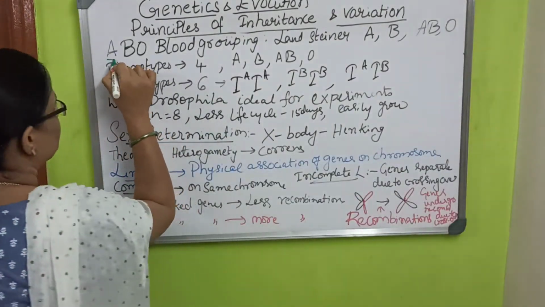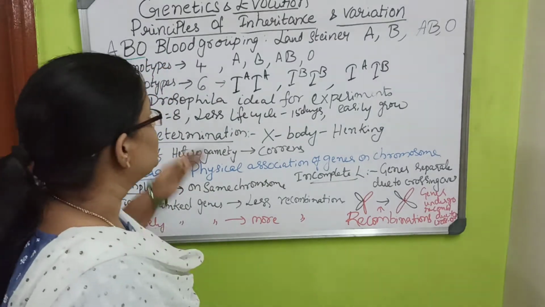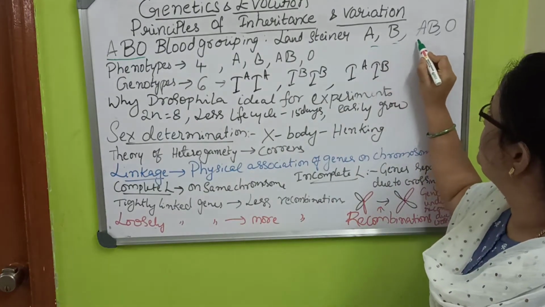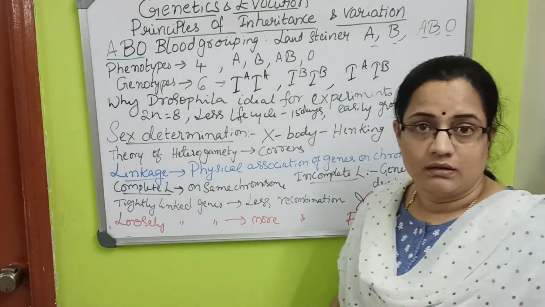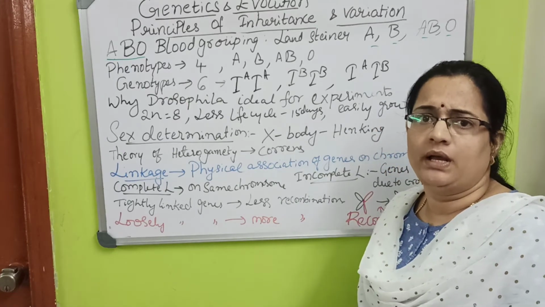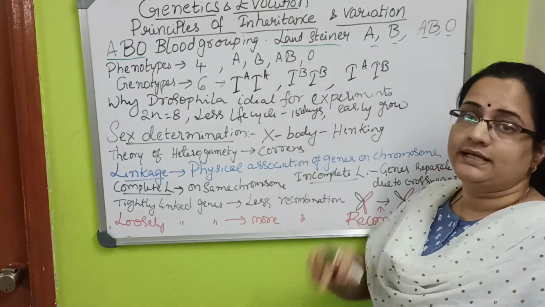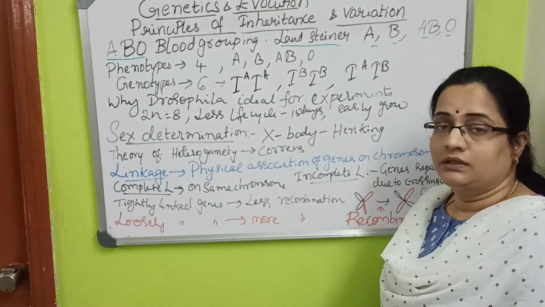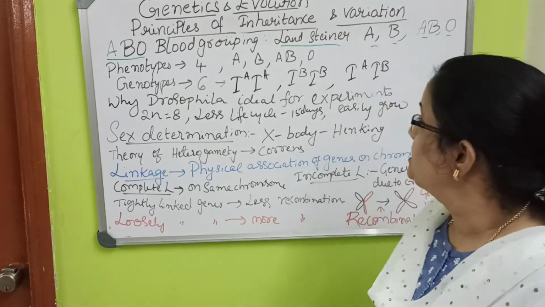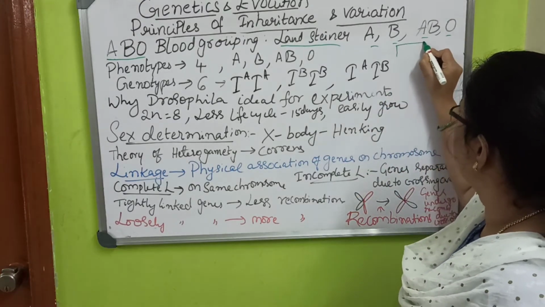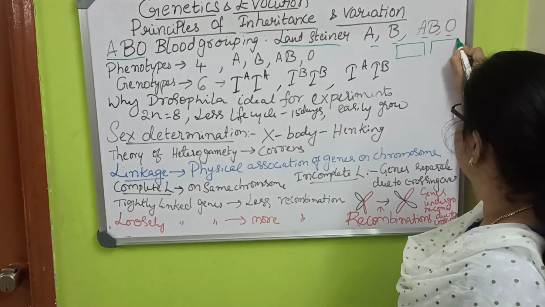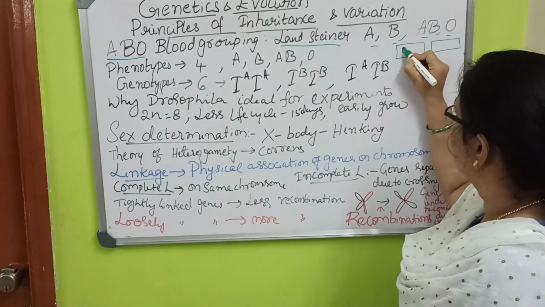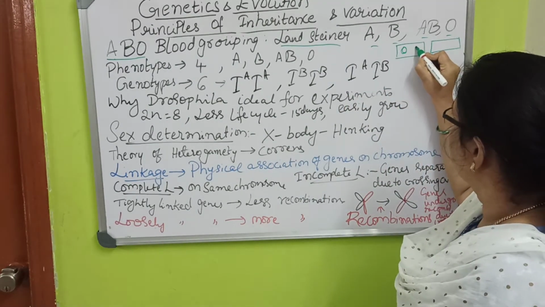this ABO blood grouping has the blood groups A, B, AB and O. This blood grouping was named and discovered by Landsteiner. If you know the experiment, how will you identify these blood groups? Suppose in the laboratory we take 2 slides like this. We put the blood here, 2 drops.